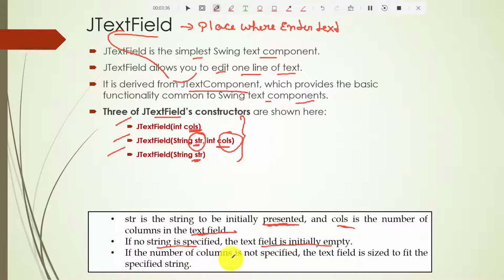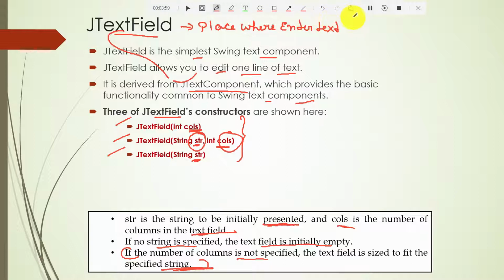If the number of columns is not specified, the text field is sized to fit the specified string. What does this last line tell, students? It tells that if you don't specify the number of columns, then your string size will be taken.